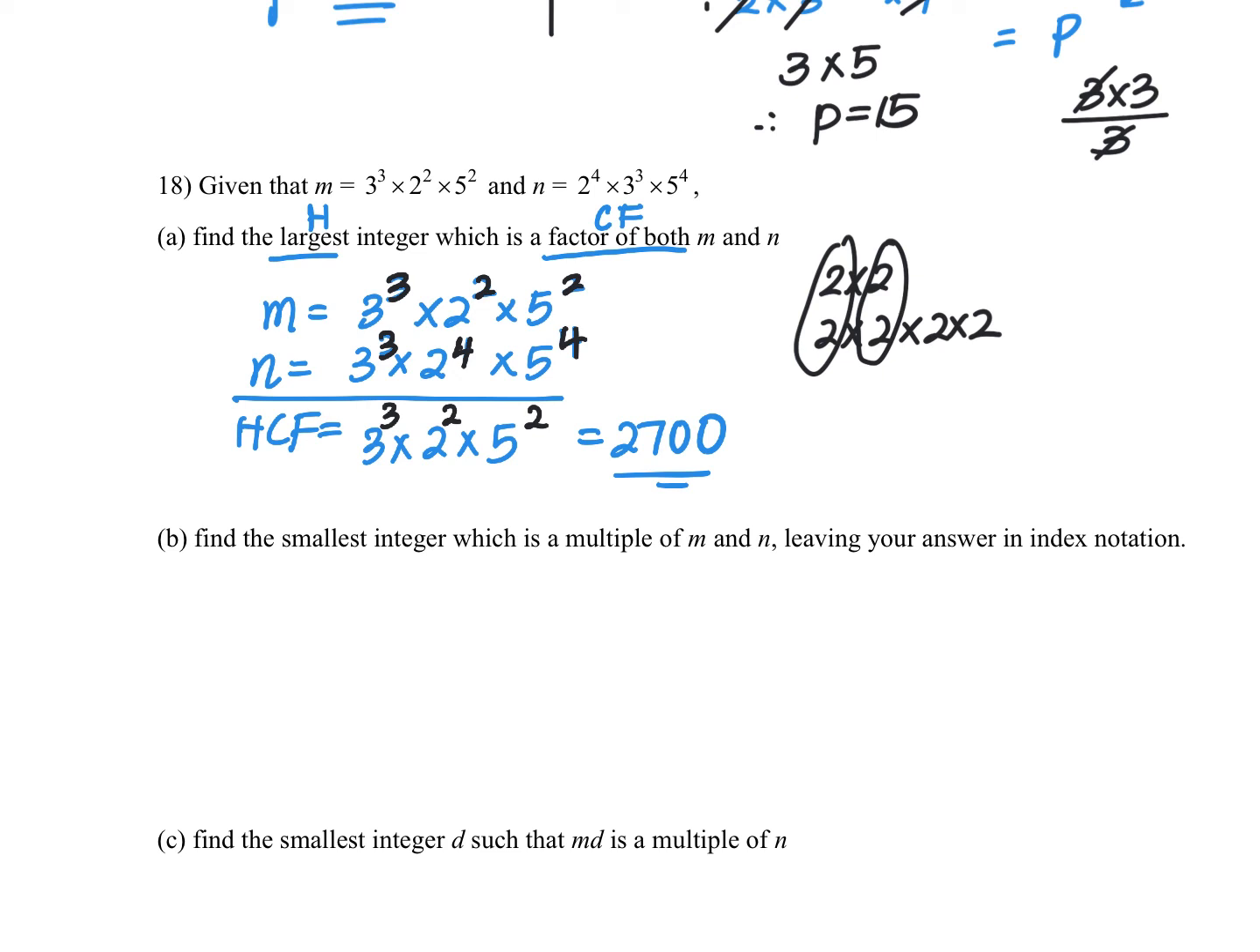Okay. Next part of the question, now you notice they never tell you LCM as well, but how do I interpret or find the answer? Find the smallest. Smallest is related to highest or lowest, so this one will be the lowest. Multiple of both the number m and n. So this is actually talking about common multiple. And they say leave your answer in index notation. So I need these two numbers,